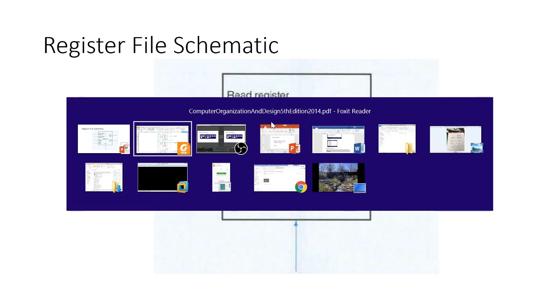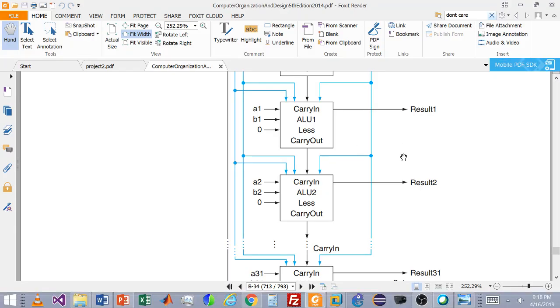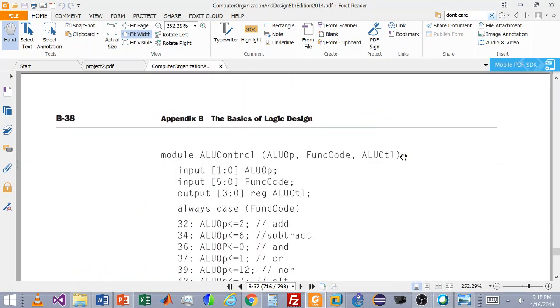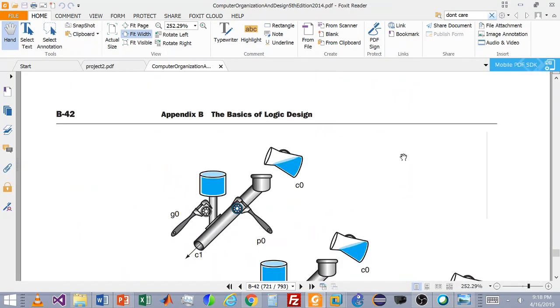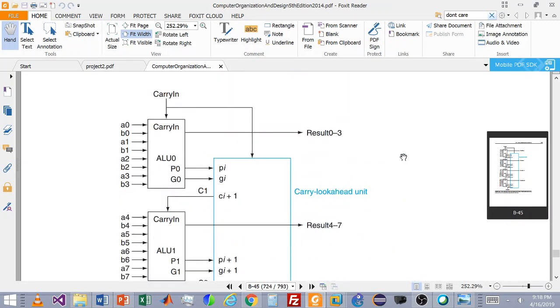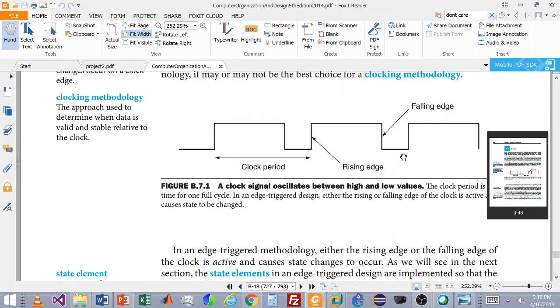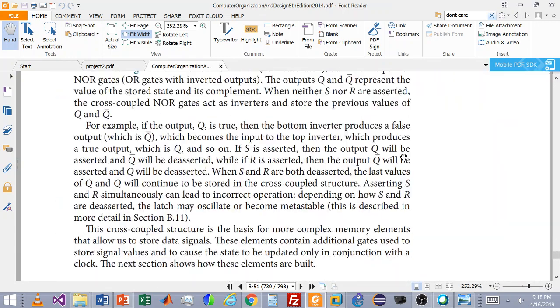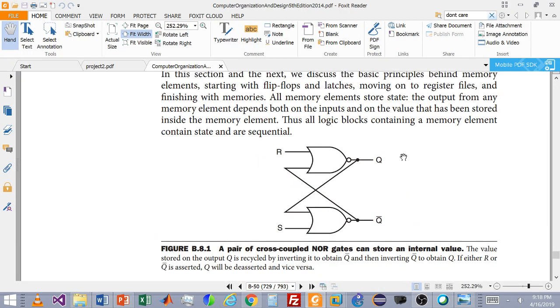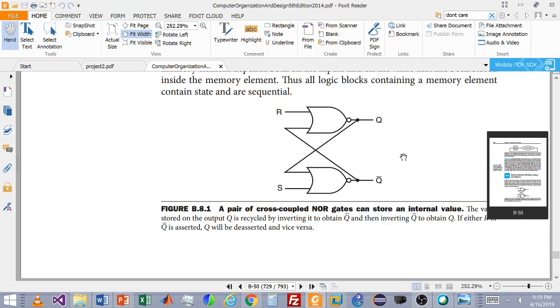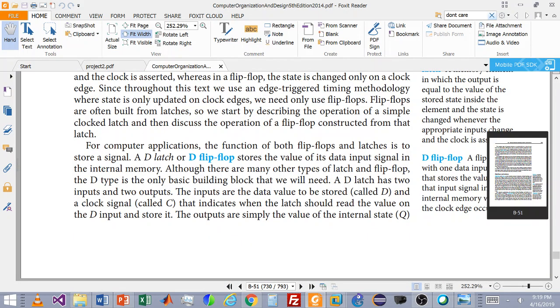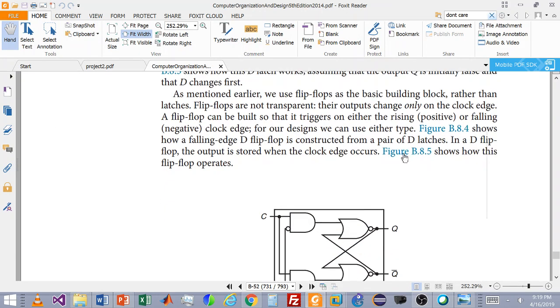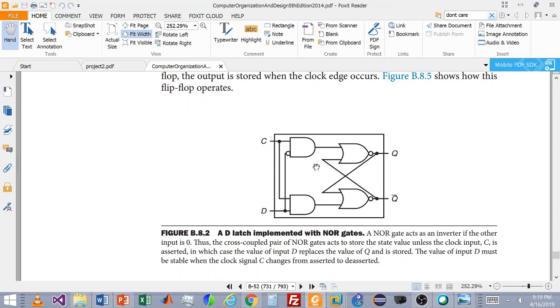I'm going to switch to the book here, talking through how we create a register file. A register file is a combination of latches that build up to make flip-flops, and it's a way to store data right here. So here are cross-coupled NOR gates that store an internal value. Basically they're cross-coupled so the value is retained. This is most fundamental, but what we use for this class and commonly is right here, a latch implementation, which